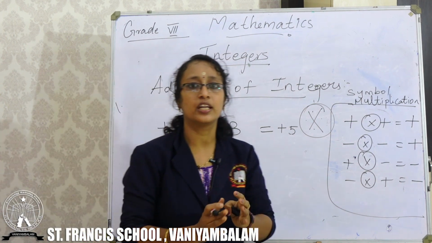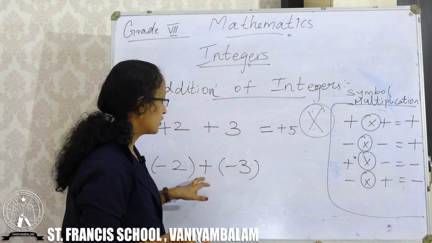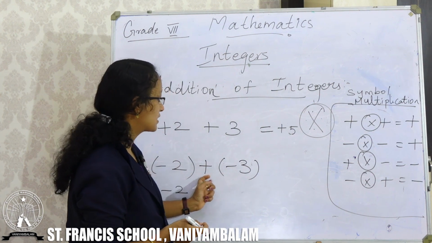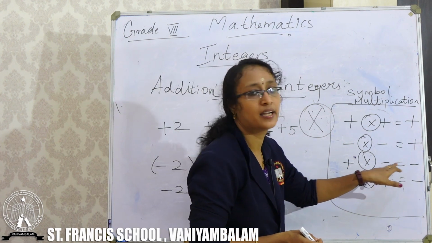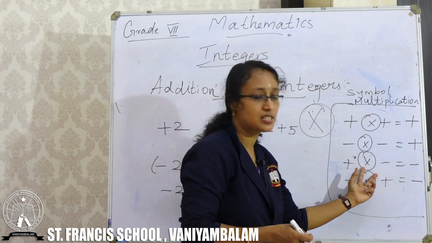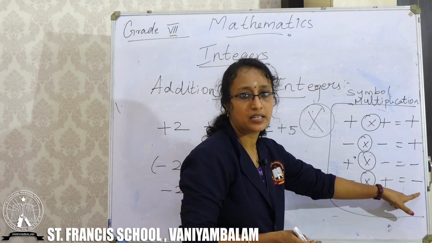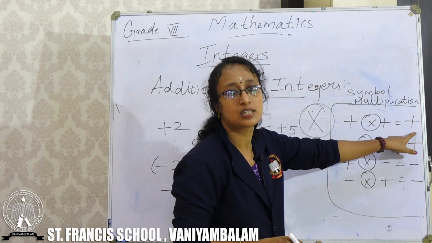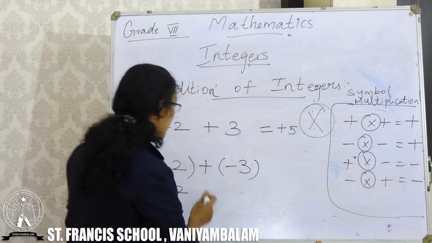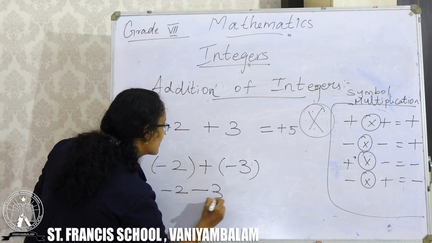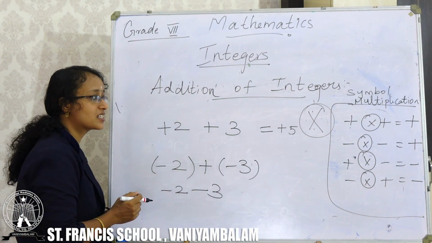Next, I told you if two symbols are nearer, you have to multiply those two symbols. Can you see the two symbols are nearer? Yes. Plus and minus. So, multiply both the symbols, plus and minus. Plus into minus is minus. If you multiply different symbols, you will get negative sign. Plus into minus is minus. Minus into plus is minus. If you multiply same symbols, positive sign. Plus into plus is plus. Minus into minus is plus. So, plus into minus is minus 3. Got it?